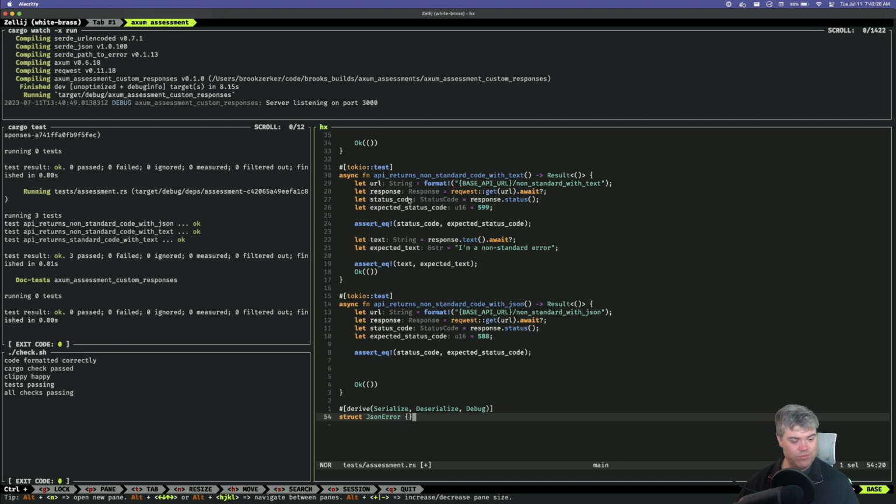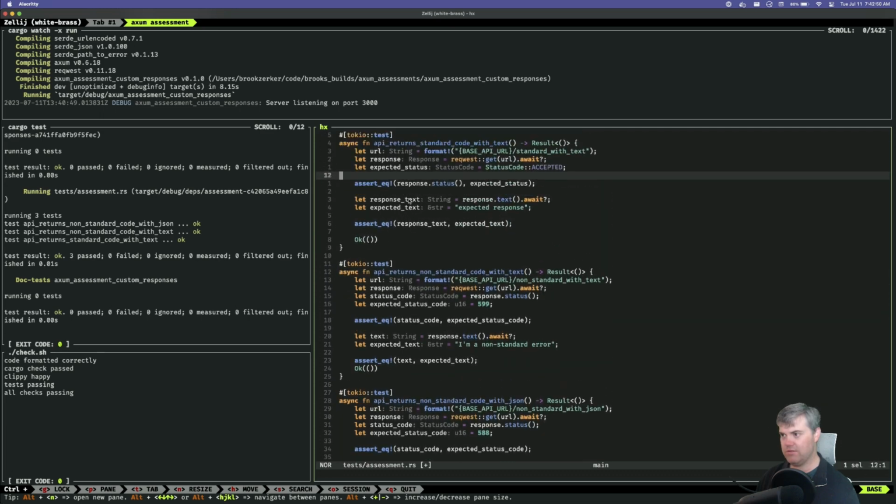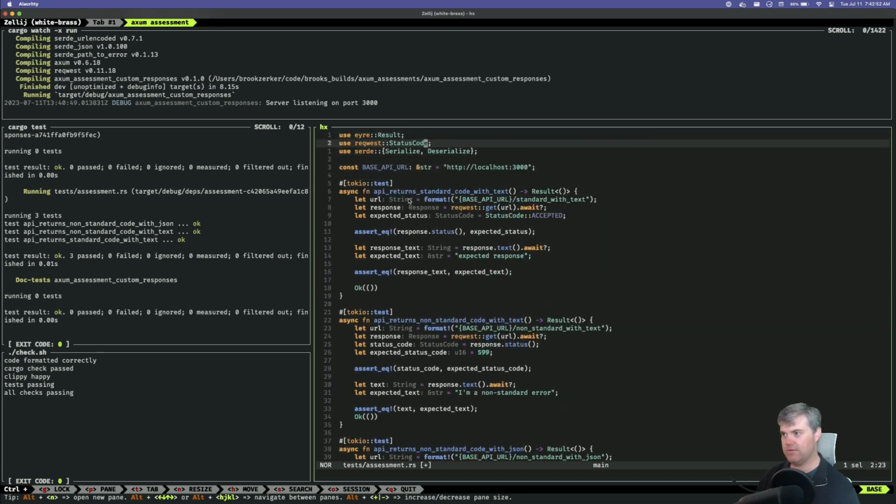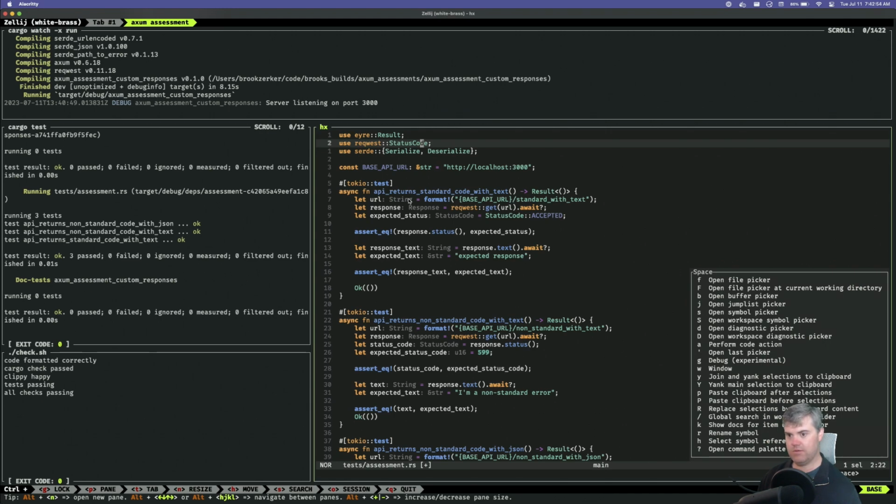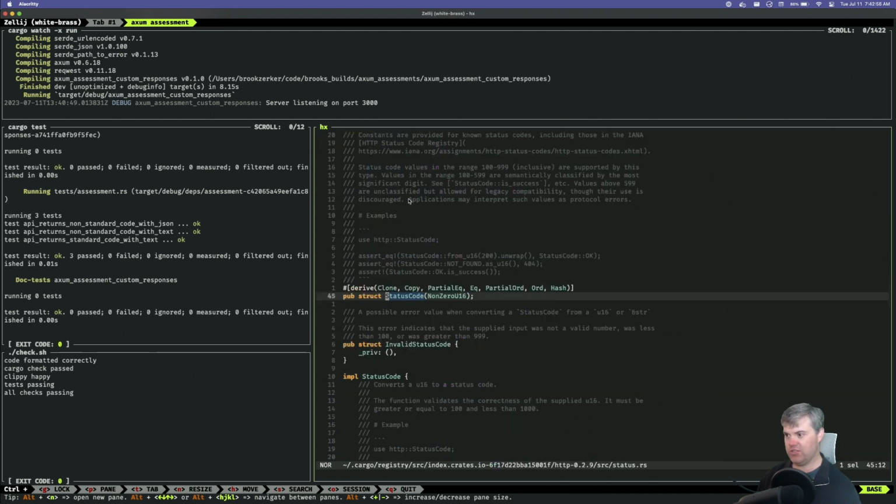Is it considered good practice to put structs and their impl blocks into their own file? And if so, how do you import it? It depends. If you look at the source code of different things, let's see if we can find status code. So I want to go to definition.